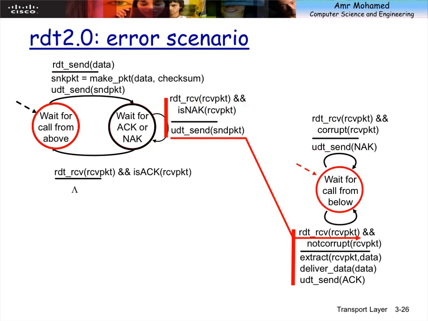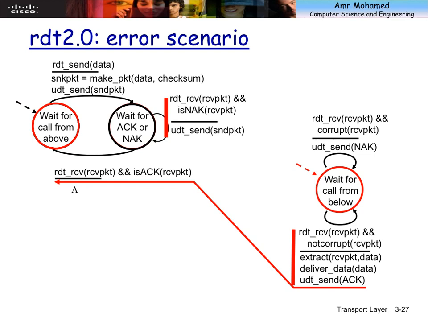So again, this is the same. Nothing is new here. This is just for all the cases. When I send the acknowledgement, it goes out here, and this is what gets triggered in the case of error, and this is what gets triggered in the case of no error. So if no error, I receive here acknowledgement, which means that I don't have to do anything in that case. I just got a confirmation that it has arrived, so I don't have to do anything.